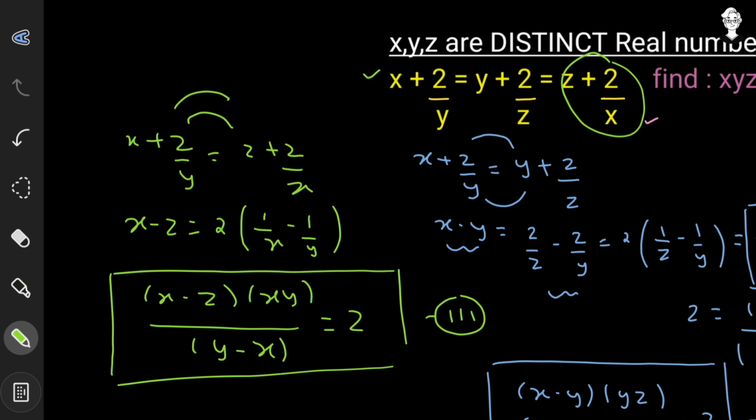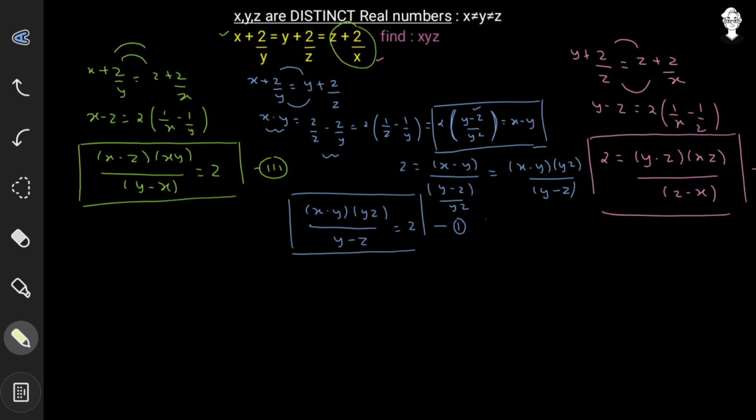Now these three equations that we have just got, we will play with them. So here we have all the three important equations. This is the first one, this is the second one, and this is the third one. Now to move further, we have to just observe carefully these three equations.